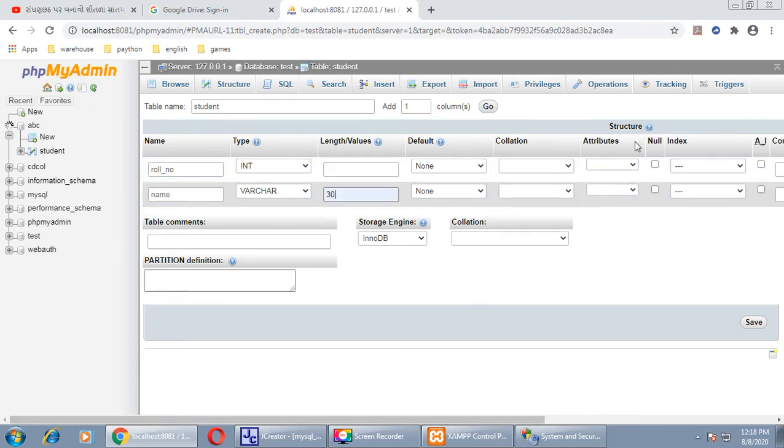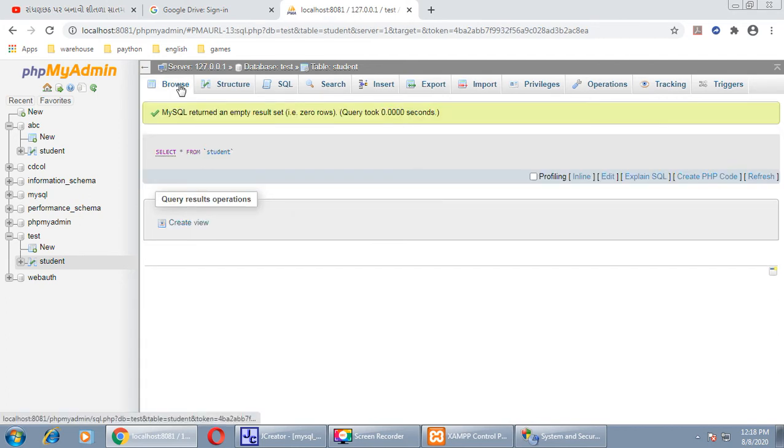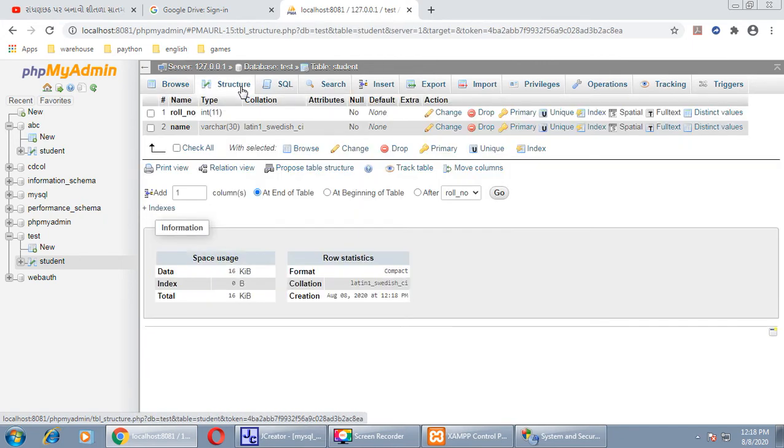Don't set any value for these other fields, right, and click on save. Here our structure is ready. Browse the structure. These are the 2 fields of the student table.